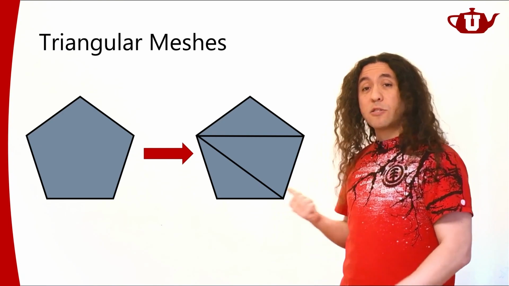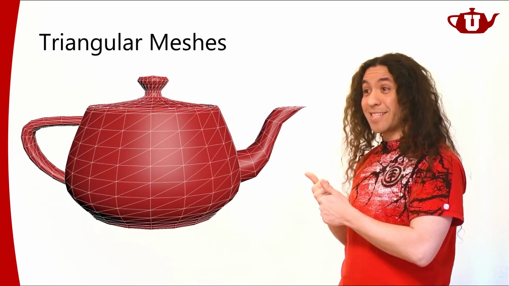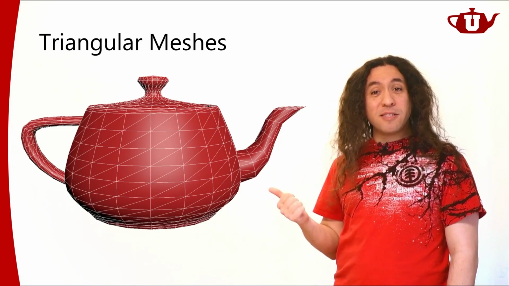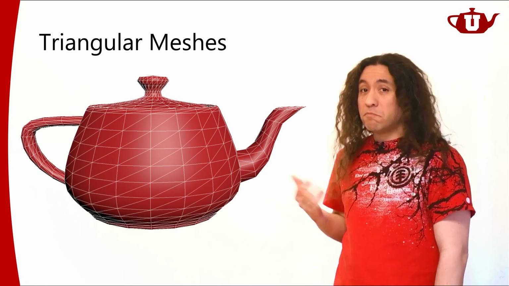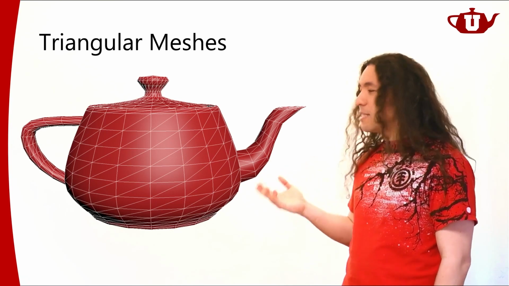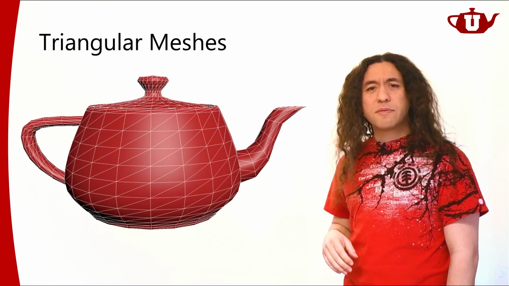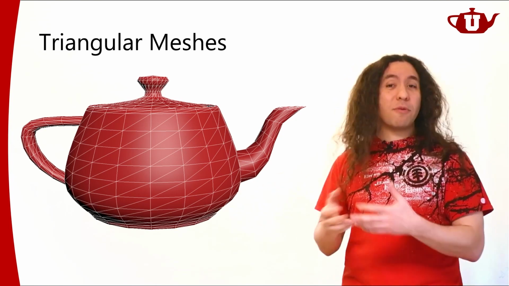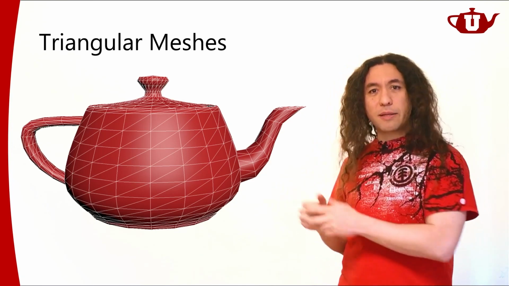This is not specific to polygonal meshes. Actually, remember we talked about this guy, originally defined as Bezier patches? We can take those Bezier patches and triangulate them. We can generate triangles out of them for rendering purposes. Now, this is a relatively low resolution version of the Utah teapot. Of course, you can generate a high resolution version as well. It will be represented by a bunch of triangles when we're rendering it.